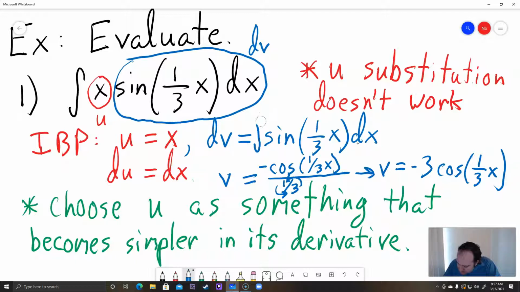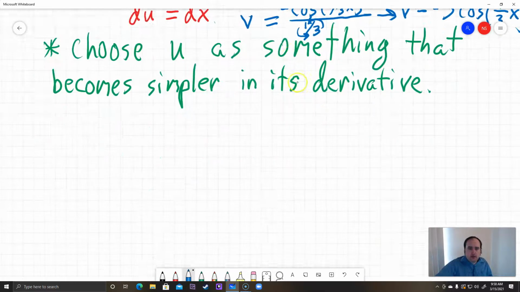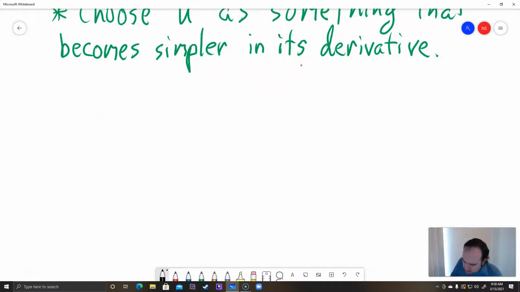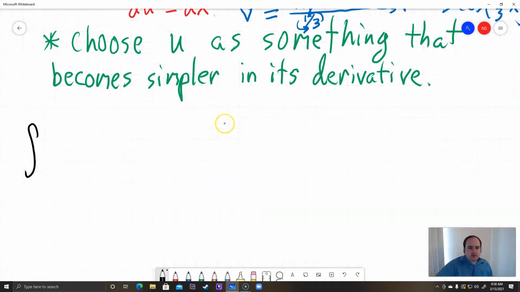But I'm going to go ahead and erase these integral symbols because we are going to need to plug in dv into the formula. So now we have it in the form integral of u dv. And we know what u, du, dv, and v all are. So we can use this formula now. Writing it down here, let me use the same colors just to make it easier, we have the integral of u dv